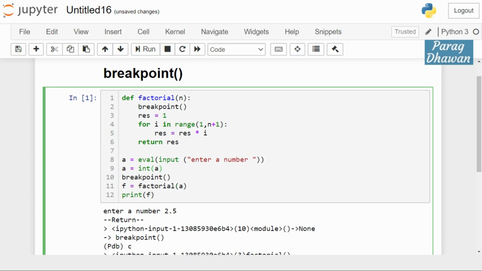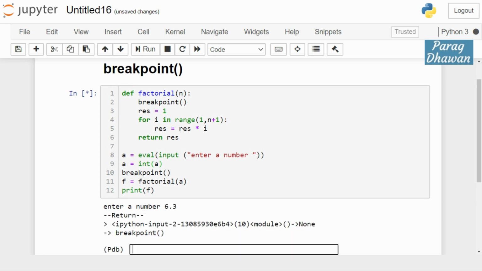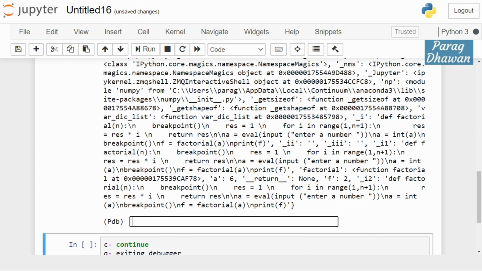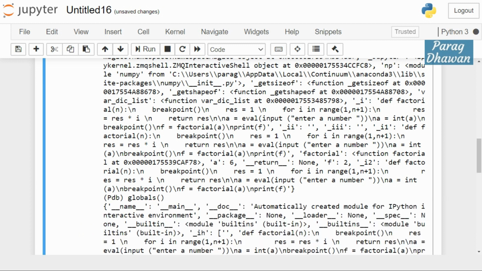If after you run the cell and enter the value as 6.3, if you want to check all the locals in your program, you can run locals function inside PDB. It will show all the local variables available. If you want to see all the global variables available so that you can check the state, you can use globals function.